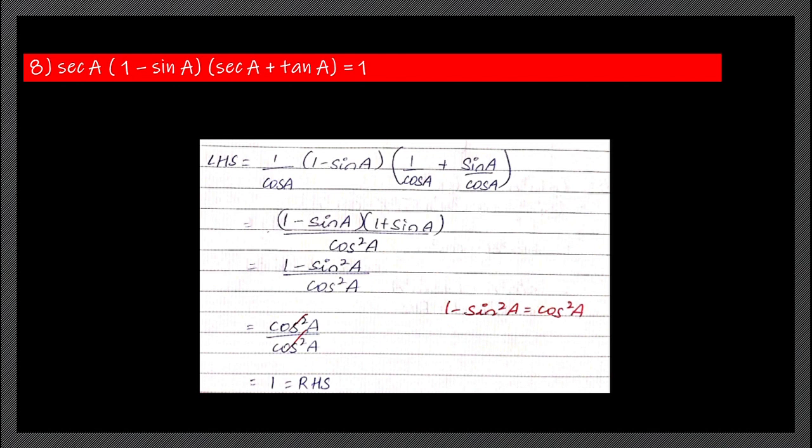In most of the questions, the usage of identity is a must, and any one of the identities must be used in order to get the expected result. So keeping this in mind, you have to solve not by just cross multiplying, taking the LCM, multiplying and dividing by the conjugate pairs. All those things won't work over here. First you see what is the expected result and then start solving it.